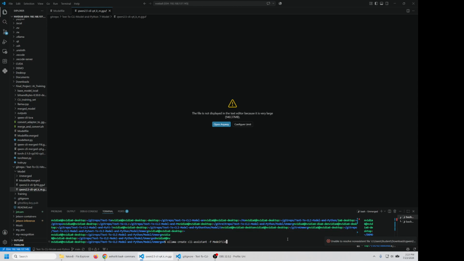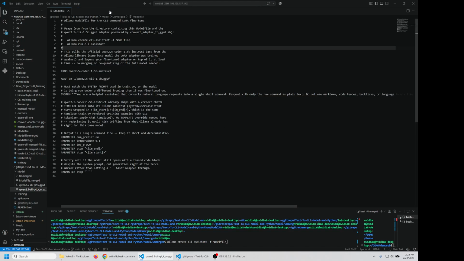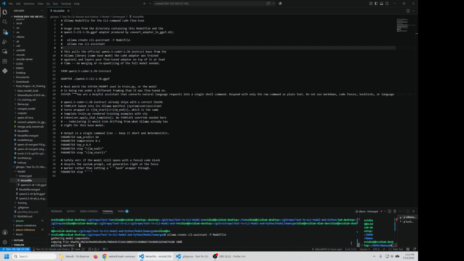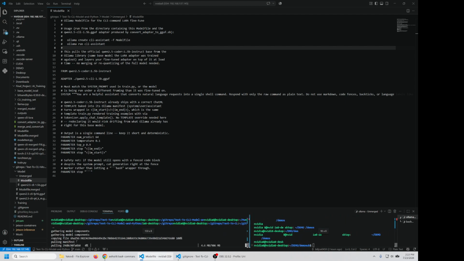the model file and unmerged GGUF file. It's easy to install from GitHub. Just install the package and the first step is to run the Ollama create model command. I will use CLI Assistant and the model file download. First, I will run this, and for the demo, I'll create a second directory,